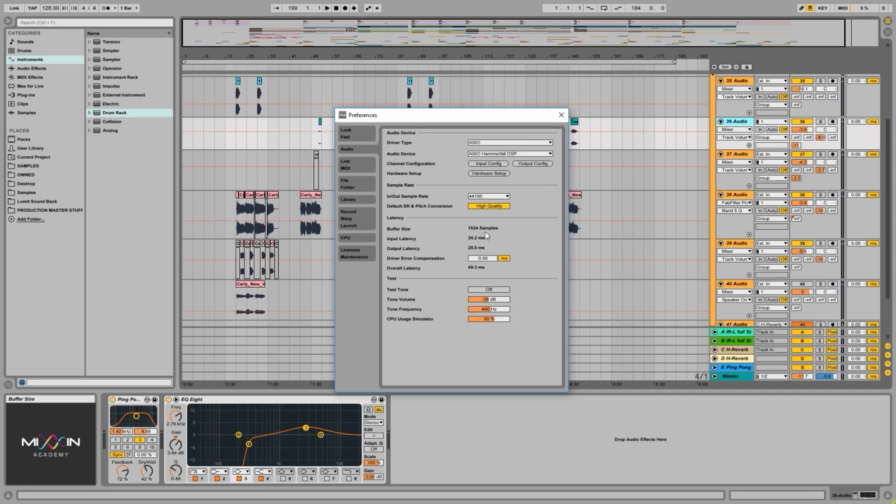So here you can see that buffer size is 1024 samples, and those are the samples, if you remember, that we refer to of those 44,100 samples every second. This is how big that buffer is. So the computer is taking blocks of 1024 samples each time, processes those, and then another one, and another one, and another one. Now, the bigger the buffer size, the less strain on your CPU, but everything you do comes with